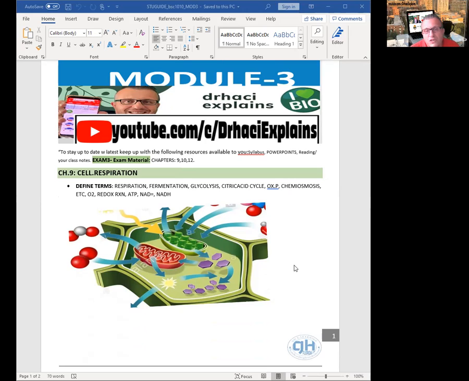For glycolysis, we don't need oxygen, as you already know. Glycolysis can happen with or without oxygen, and it's outside of the mitochondria. But the other 2 phases must have oxygen. So make sure that you study the redox reactions here, these catabolic pathways. Glycolysis is the first part, harvesting chemical energy, oxidizing glucose, and then continuing with pyruvate, and then acetyl-CoA, and then the citric acid cycle, where CO2